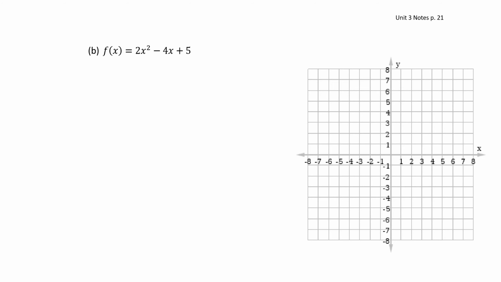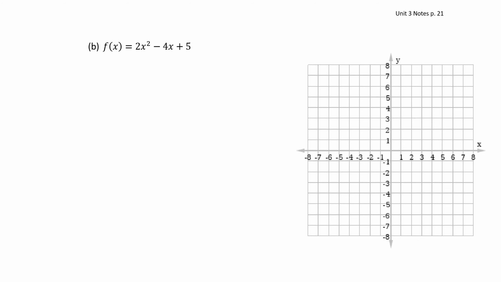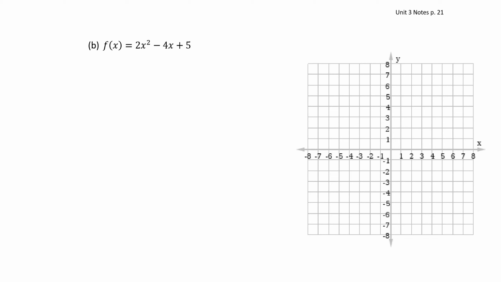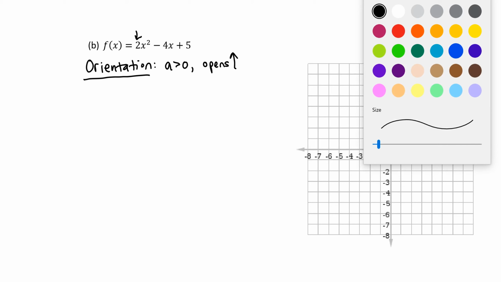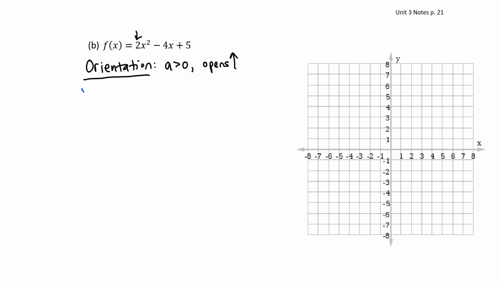Let's practice this same process on example B. Remember, the first thing that we want to discover is the orientation of the parabola. To do that, we identify the leading coefficient, which in this case is 2, and observe it is positive. Since it is positive, this parabola is going to open up. Once we have that information, then we can calculate our vertex